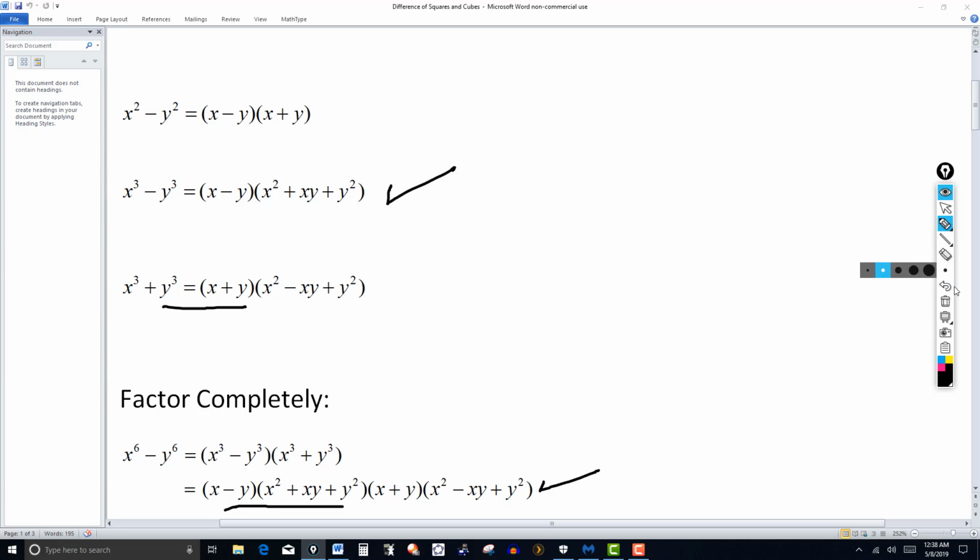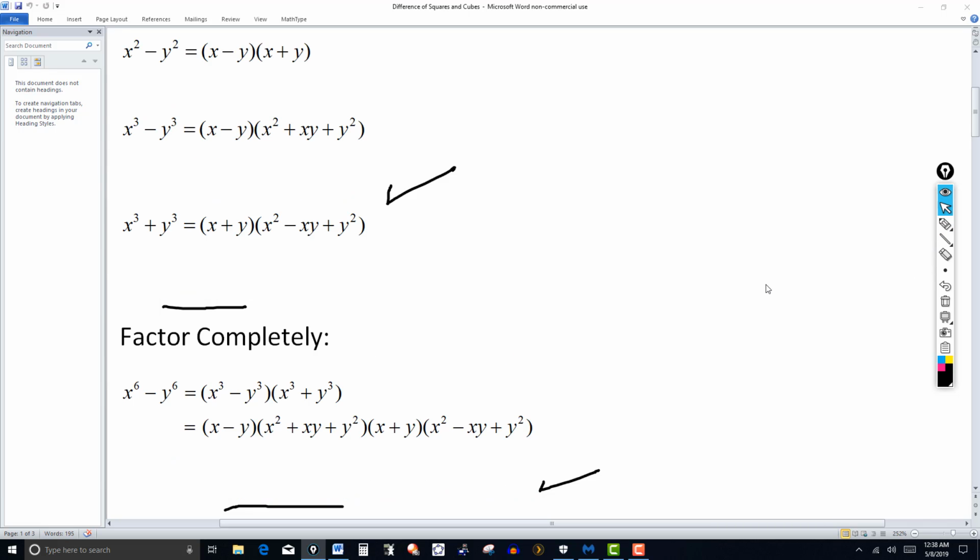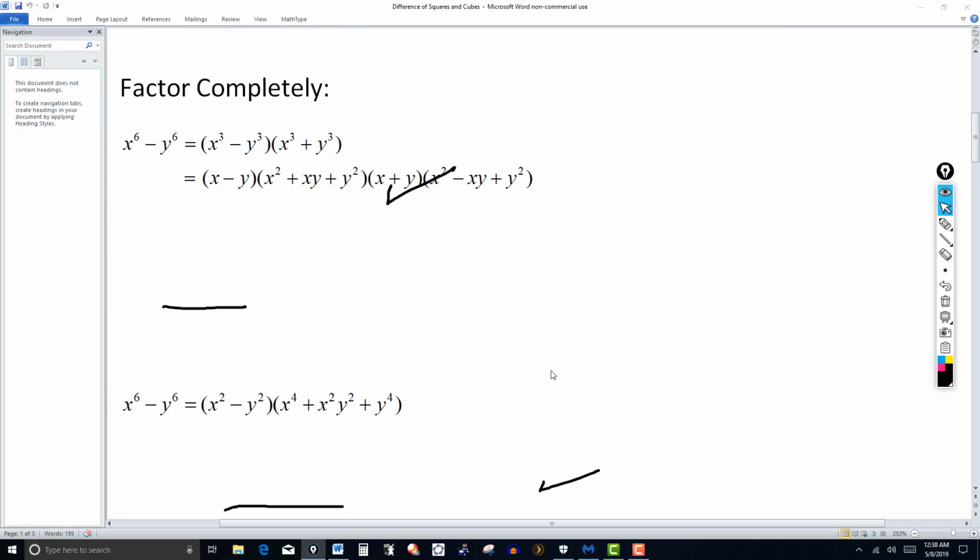And then he pointed out that his friend had gotten this. Okay, so his friend said x to the 6 is a perfect cube, because x to the 6 is, like I said a while ago, the same thing as x squared cubed. So he said the difference x to the 6 minus y to the 6 should factor into x squared minus y squared. Okay, which is correct. And then based on the formula for the difference of cubes, the second factor then will be the square of the first term. Okay, so x squared squared,